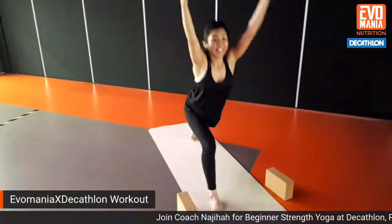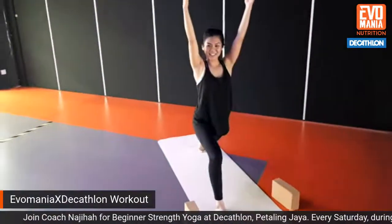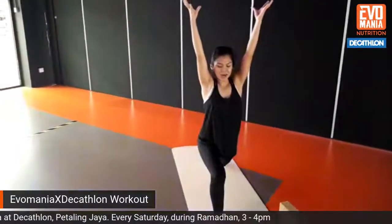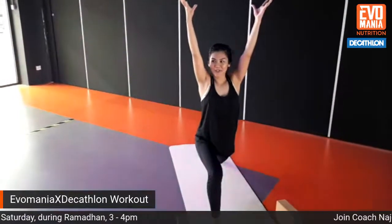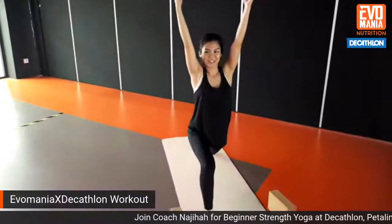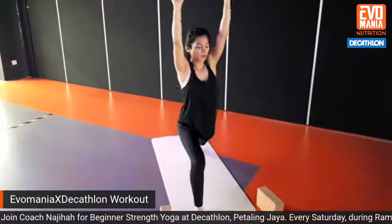Beautiful. Now, if you're leaning over forward, bring yourself up so your shoulders are over your hips here. Keep reaching your arms long. Keep bending into that right knee. If you can, bend a little bit deeper here. Beautiful. Crescent lunge. Keep reaching your arms up. Maybe smile a little bit to help take the pain off. All right, now from here, you're going to open up to warrior two by